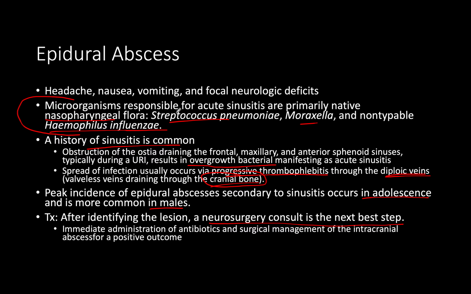Another way is giving you the patient history and asking what would be the next step in terms of imaging. Obviously, CT is going to be great, so that would be an easy question. In terms of next best step, once you've identified it, you're never really going to see consult neurosurgery as an answer choice on Step 2. You need to understand that this patient needs immediate antibiotics, and this abscess is going to need to be drained. That's basically what neurosurgery is going to do. They're going to go in and drain it if it's easily accessible.